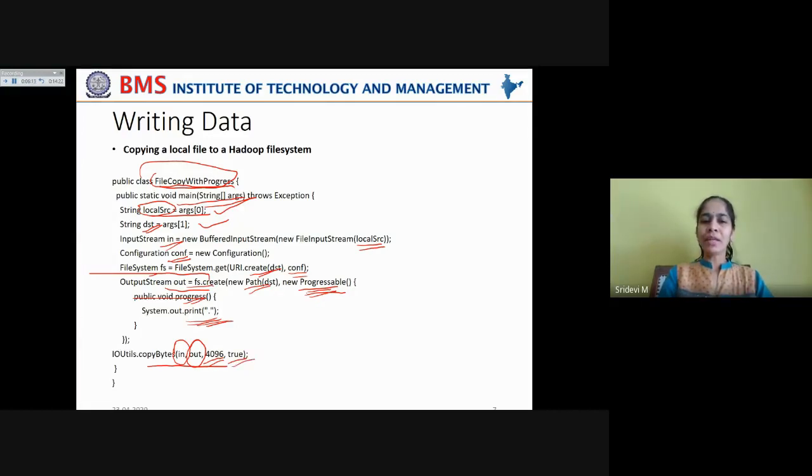Here you are closing the input stream as well as the output stream implicitly, without having to mention it in the finally block, like we did while reading the data. Right, in reading the data, we gave this specific parameter as false, indicating that the input stream need not be closed implicitly. We will explicitly close it in a finally block.